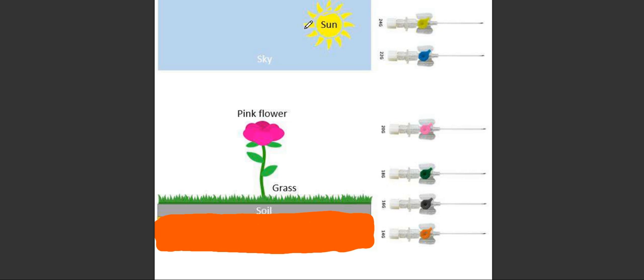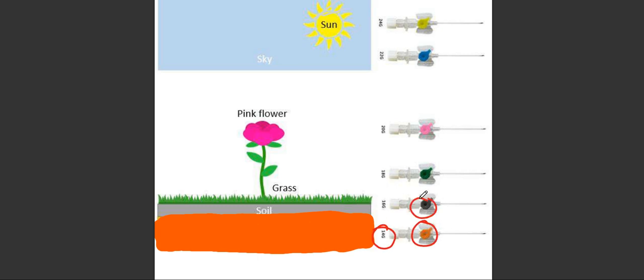Just like this picture, the first is the orange color cannula, then there is a gray color cannula, then a green color cannula, then a pink color cannula, then blue and the yellow. The starting number is related to 14, whether it may be an IV cannula or Foley's catheter. My mnemonic is that the first catheter or the first Foley's is always the 14 number. As we are representing from the lava which is of the orange color, that means the orange cannula represents the 14